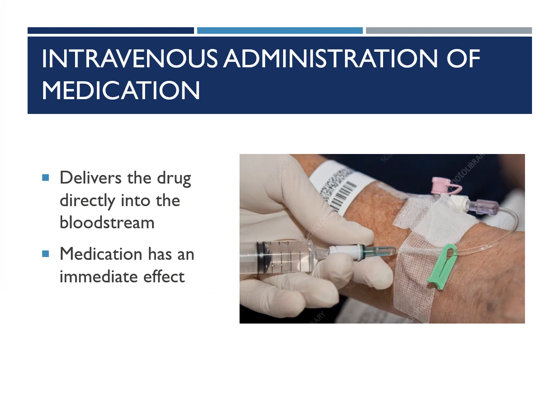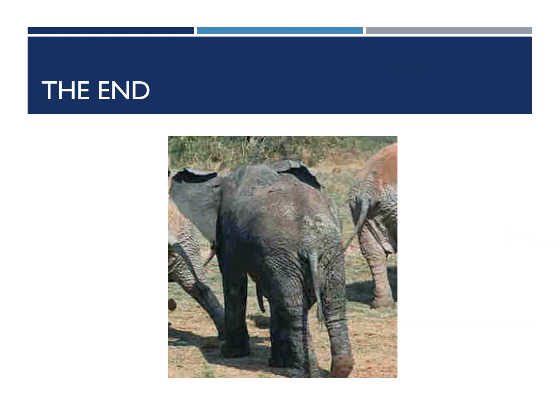Now, intravenous medication is considered parenteral, and it is the fastest absorbed route of all parenteral medications. IV medications, the medication goes directly into the bloodstream. It has immediate effects, but we do not teach you any IV medications in Block 1. You're going to learn more about IVs in Block 2 and Block 3, so you do not need to know anything about IVs in Block 1, but I do want you to know that IV is going to be that fastest route of absorption for all parenteral routes. And this is the end of parenteral medications.